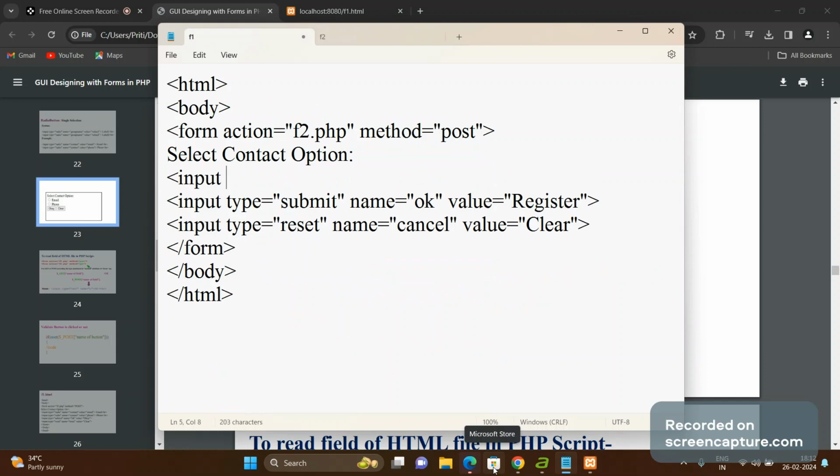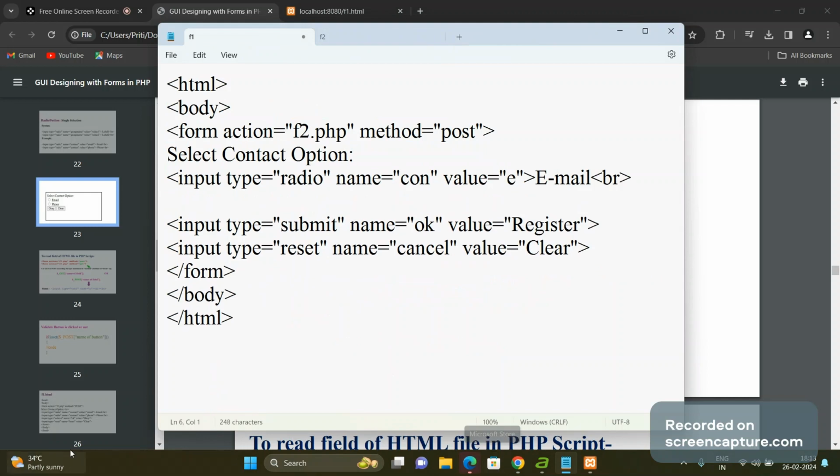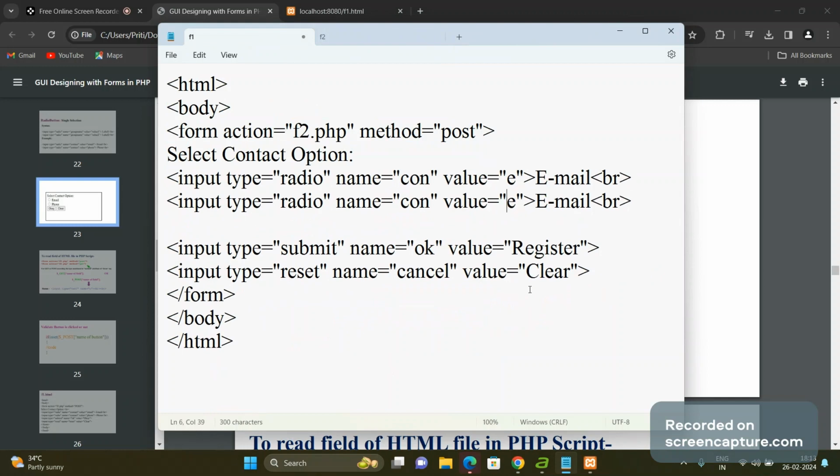So input type is equal to radio, name is equal to suppose con, and value is equal to, here I am giving suppose e for email option, and break tag. Same I have to repeat for another radio button. Only thing is that value will be changed,